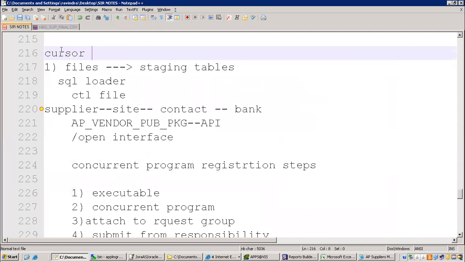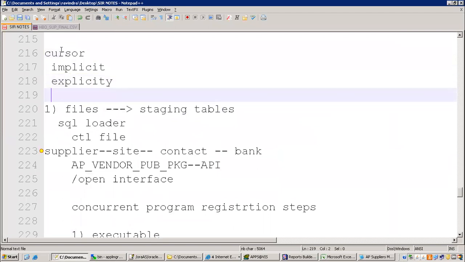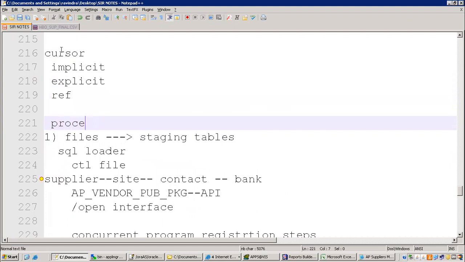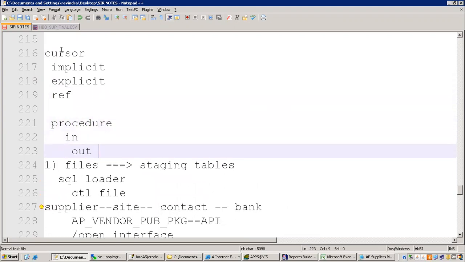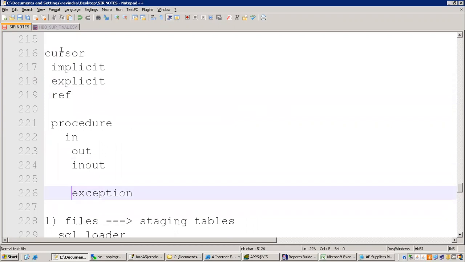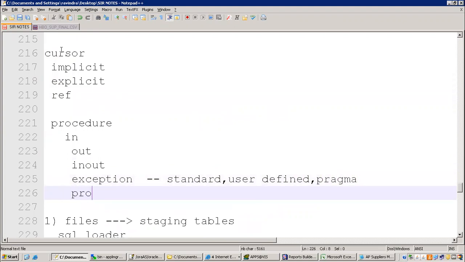Cursor, and its types: implicit, explicit. Ref cursor. And then procedure, and its parameters: in, out, in out. Exception. There are a few types like standard exceptions, user defined, pragma. And you'll have to understand here what is pragma, autonomous